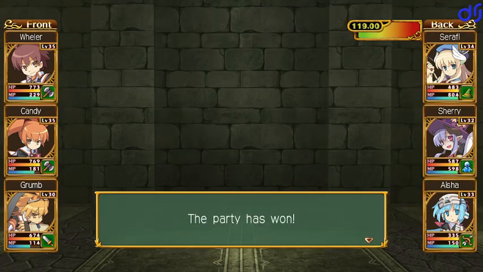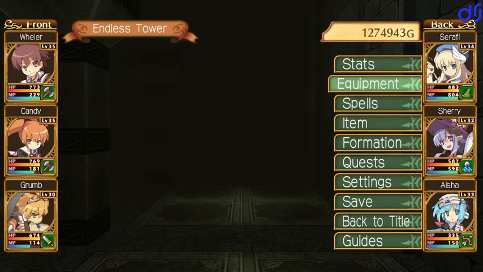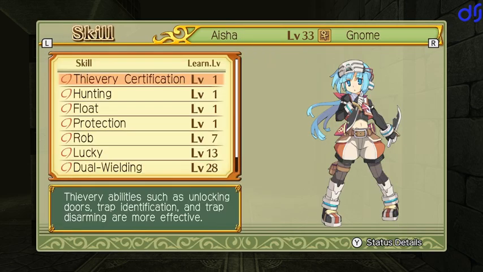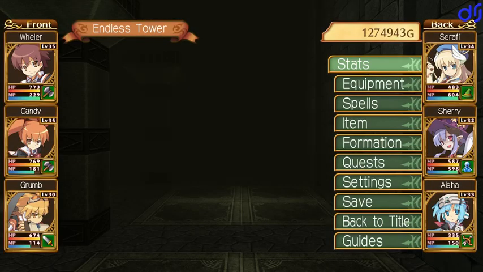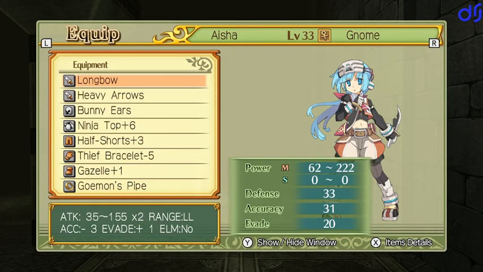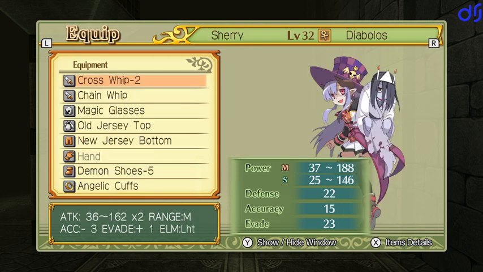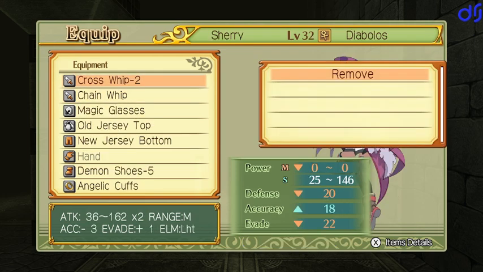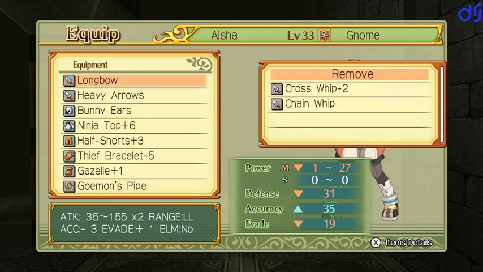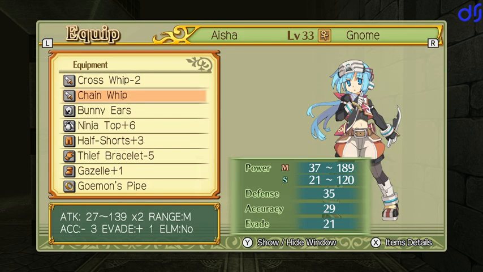Actually, hang on a second. I think that Aisha can dual wield now too. I'm pretty sure she got that skill. Sorry, this just suddenly occurred to me. Yes, she got dual wielding while I was doing all that off-screen farming. Wonder if it would be better to give her the double whips. Would that be better than the longbow? I bet it would. The question, though, is then would Sherry have no weapons to use? Because I don't know if she can...